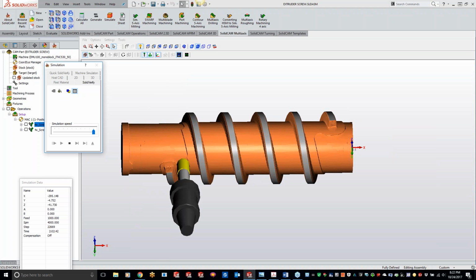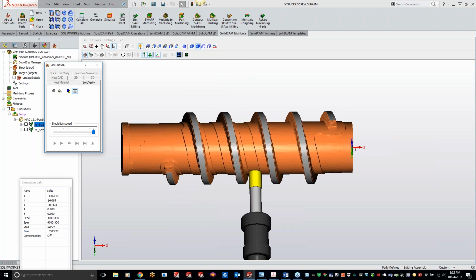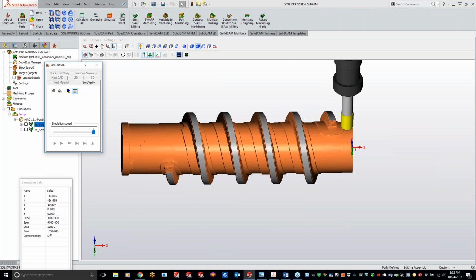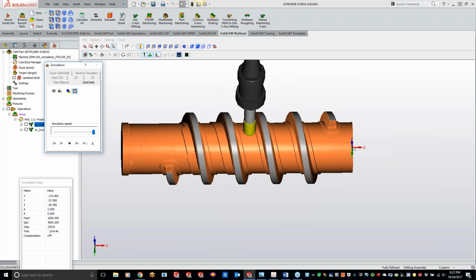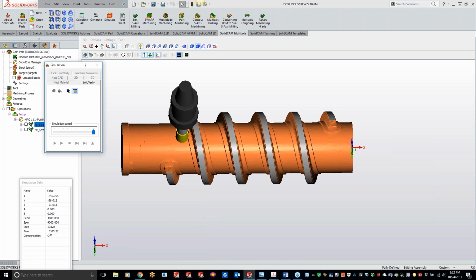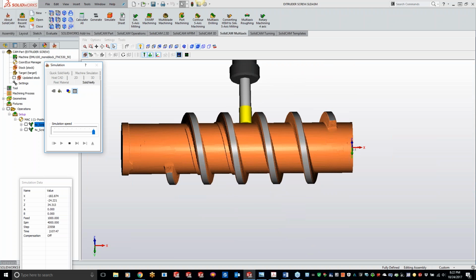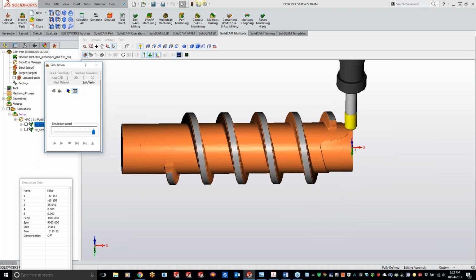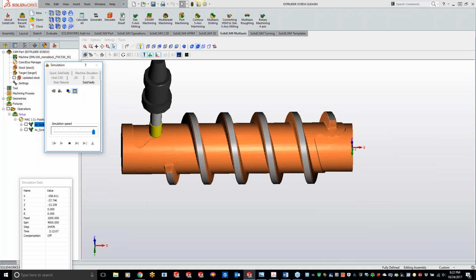I'll get this to play through here. It should be almost done here. Well, while we're waiting to play this through here,